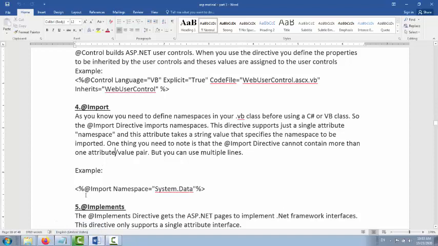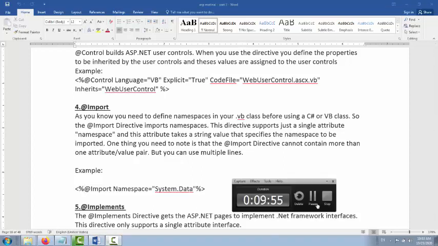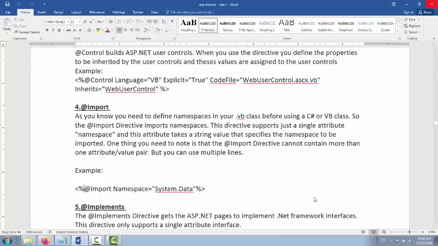So the import directive we can use for importing the namespace.